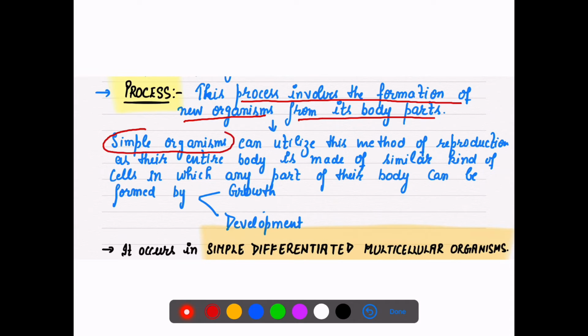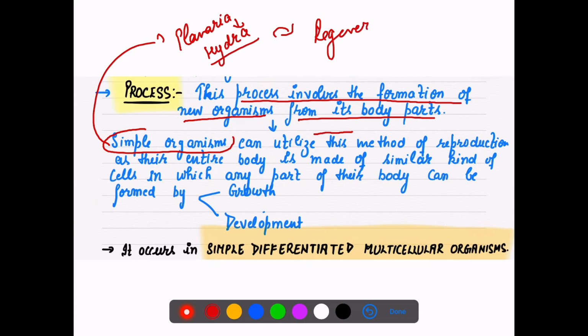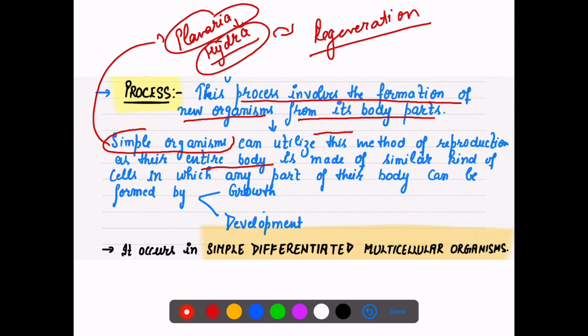Usually simple organisms use this method of reproduction. If you have to quote an example, the best is always planaria, or if you are comfortable with hydra, then you can quote both examples. What method of reproduction? Regeneration. Why regeneration? Why am I not talking about fragmentation? Because planaria and hydra have bodies made up of specialized cells. I never talked about specialized cells in fragmentation. Specialized cells means they are the